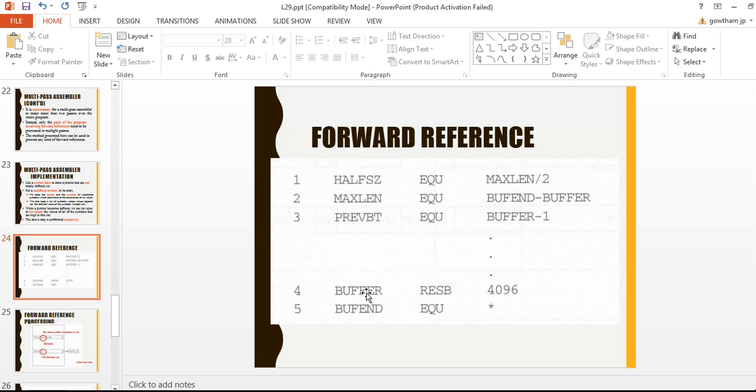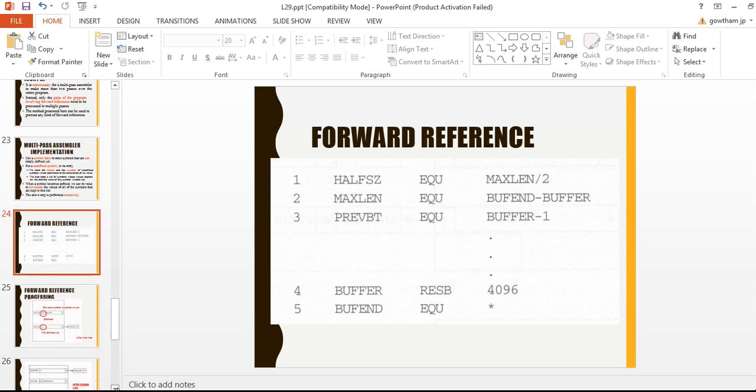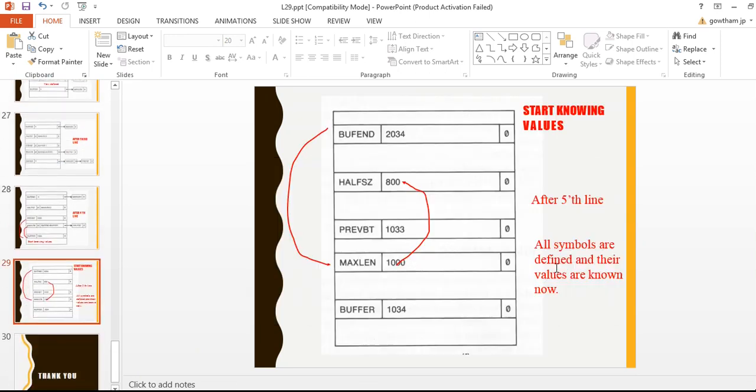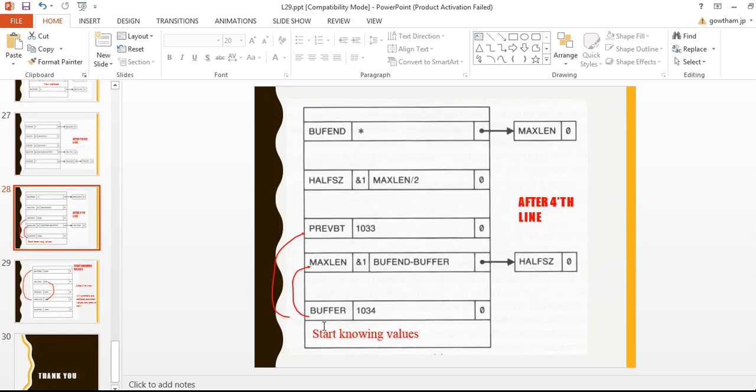In line number 4, buffer is substituted here and here. Buffer is 1034, the address of that particular location. Buffer is substituted, so the count decreases because only buffend is undefined. Now that buffer is defined, preserve byte is calculated: buffer minus 1, 1034 minus 1, so 1033. So recalculation is done.